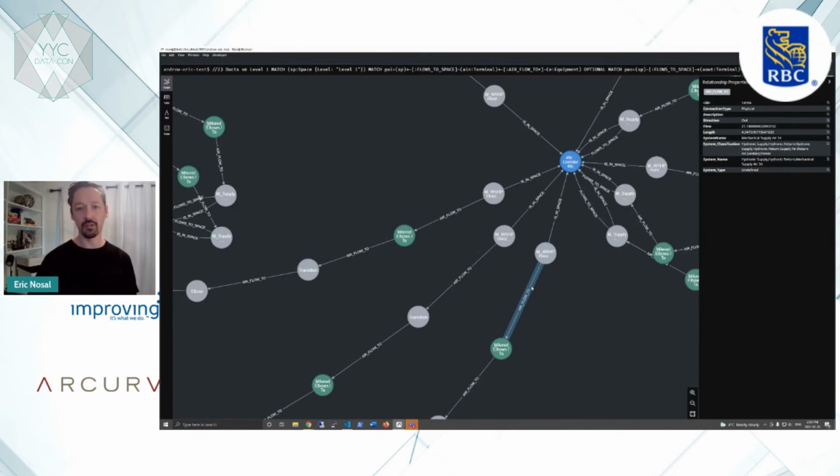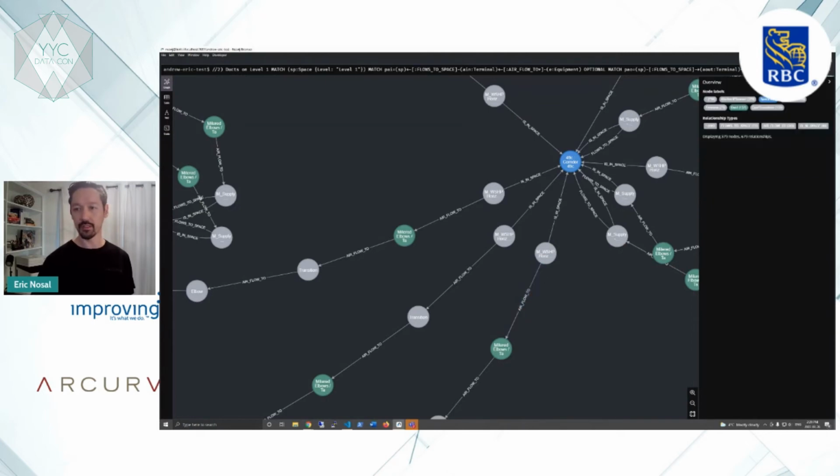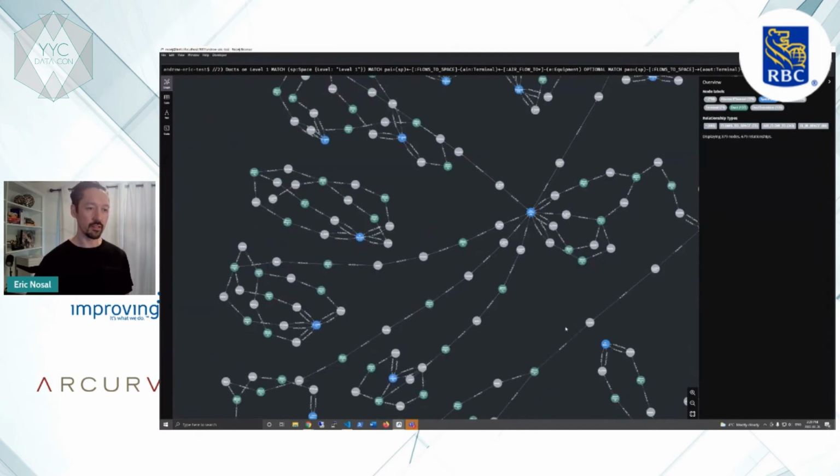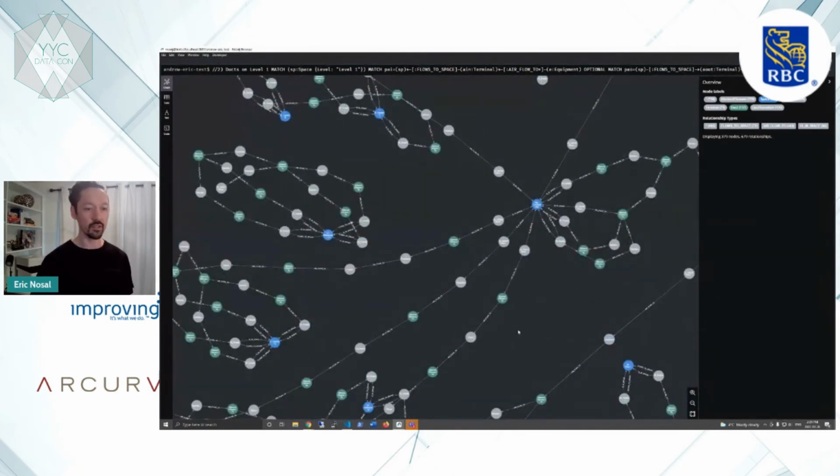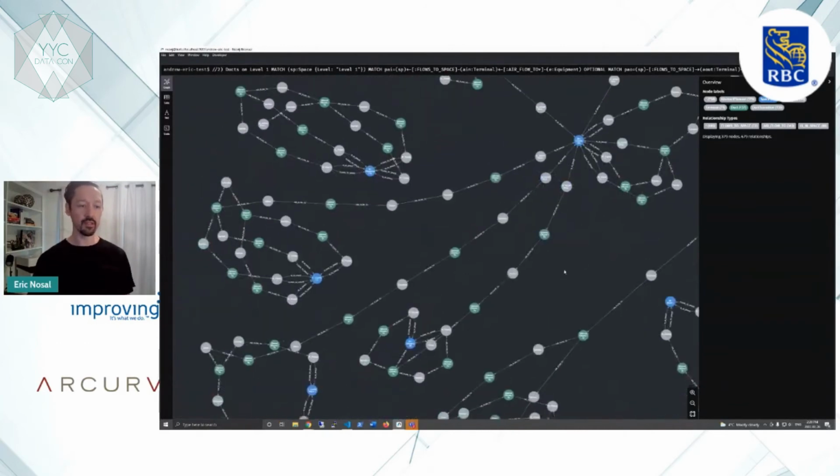You can see that there are properties on each one of these elements, on the nodes and on the edges. In this case, for this edge, we have flow and we have the length of the duct. So that takes us through that data discovery step. Now we can see, oh, this is how the ductwork is. And oh, look, this is an interesting case here. Now that we've done this data discovery, we can drill down and look at these two